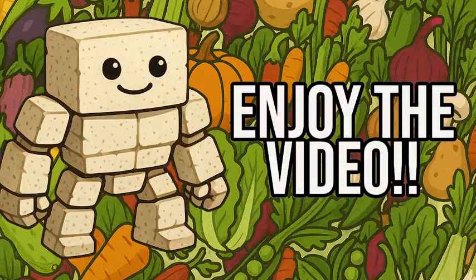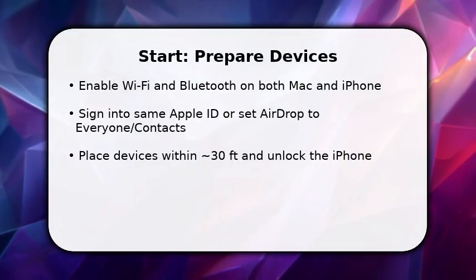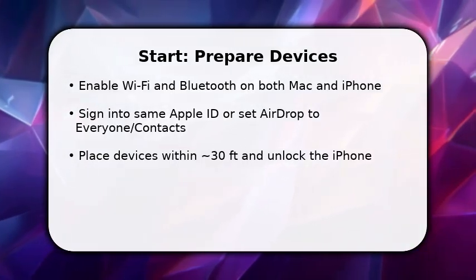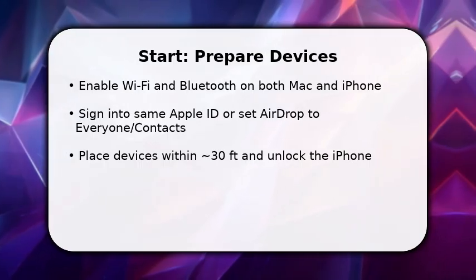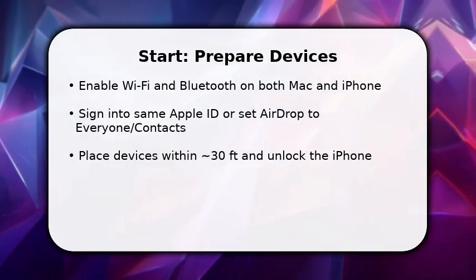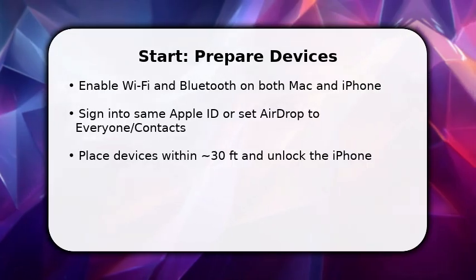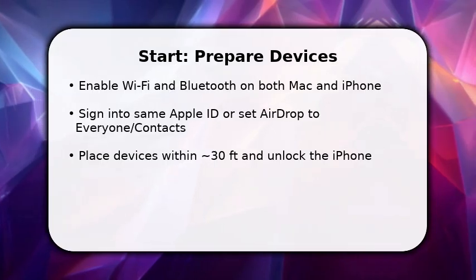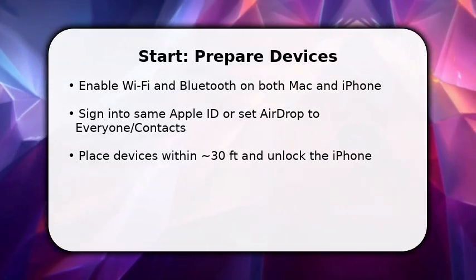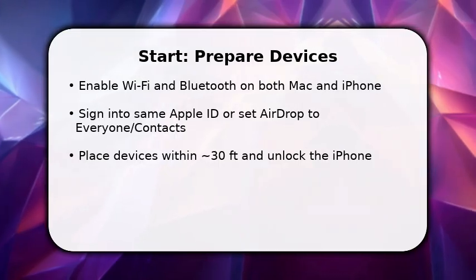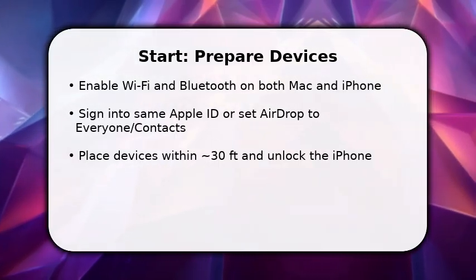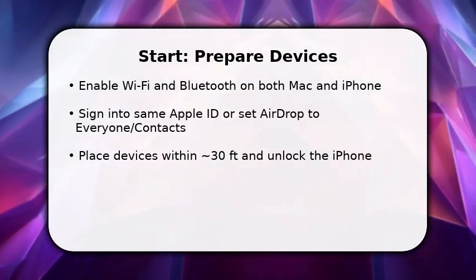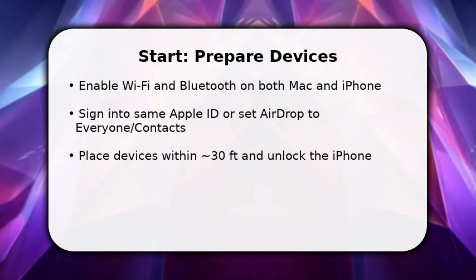Please enjoy the video. You'll start by turning on Wi-Fi and Bluetooth on your Mac and iPhone so AirDrop can establish a peer-to-peer connection. Make sure you're signed into the same Apple ID for seamless transfers, or temporarily set AirDrop visibility to everyone if sharing with another device. This reduces permission errors. Place the devices within about 30 feet and unlock the iPhone so it can be discovered. Once done, open Finder on the Mac to the file you want to send and get ready to initiate the